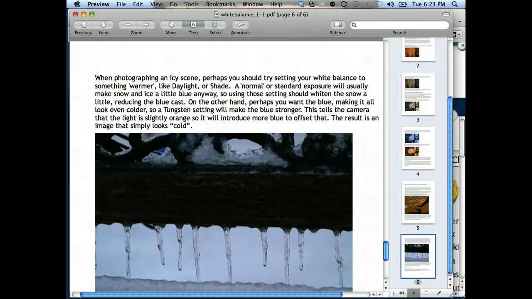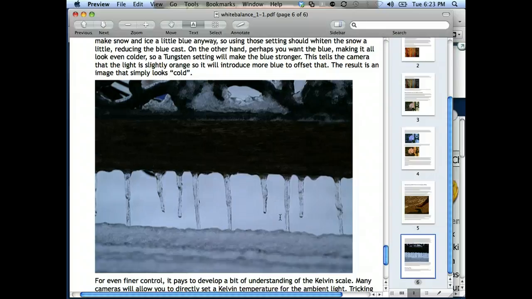Normal or standard exposure will allow making the snow and ice a little bluer anyway. Because by default, snow is very bright and the light bounces off of it, and it's like in your face bright, right? It's really white. And so a lot of times you have to use that shade effect sometimes to do that. And the result is, because of that, it says on the other hand, perhaps you want a bluer effect, making